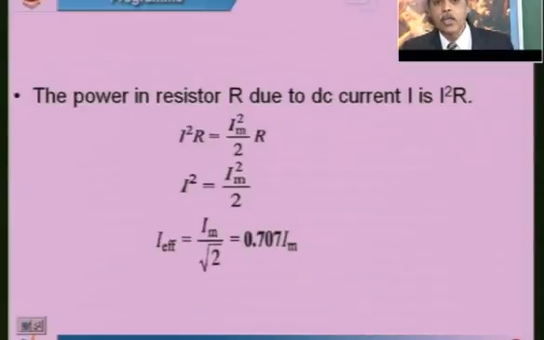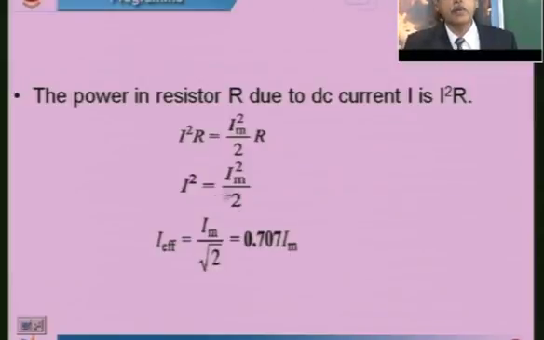The power in the resistor due to DC current is I square R, where I is a capital value. So I am equating these two powers. Therefore I get I square equals Im square by 2. Both resistors cancel as I am considering a resistor of the same value in both cases. Therefore the effective value will be the square root of Im square by 2. Why I say square root is because of how I defined it: the value of the DC current which produces the same amount of heat as that of the AC current. I am interested in finding I, so I take the square root, and I get I effective equals Im by root 2.